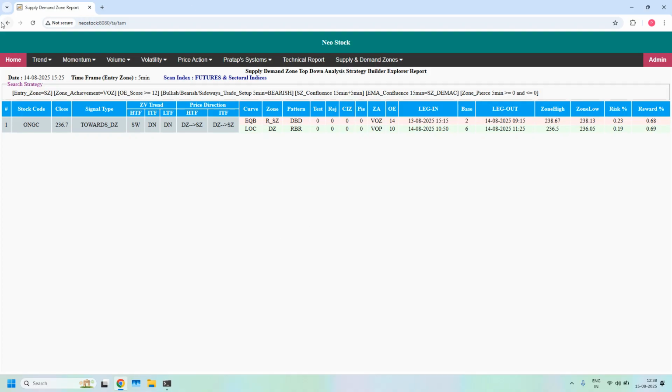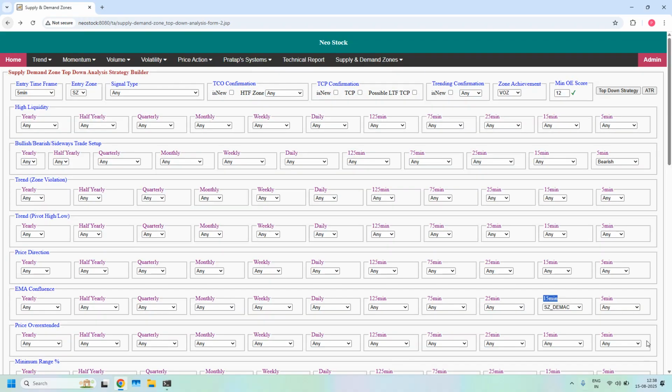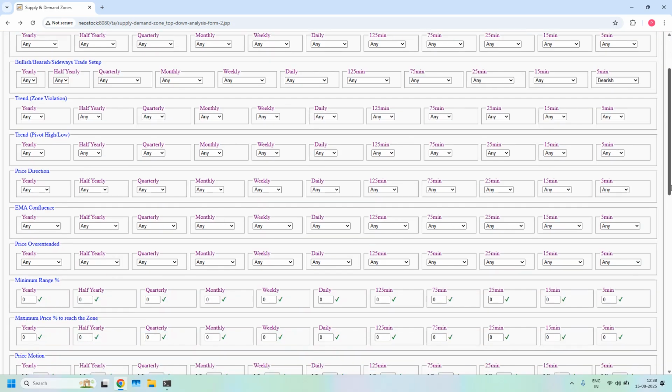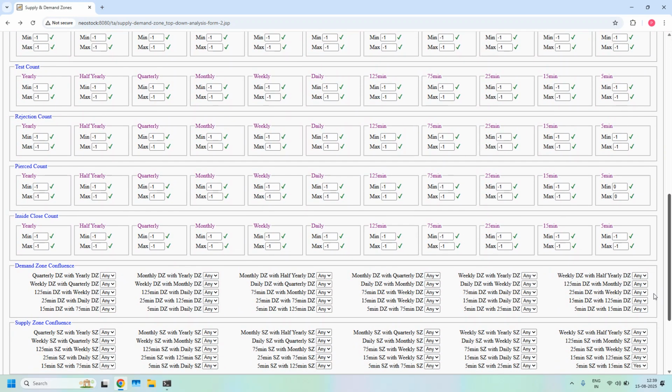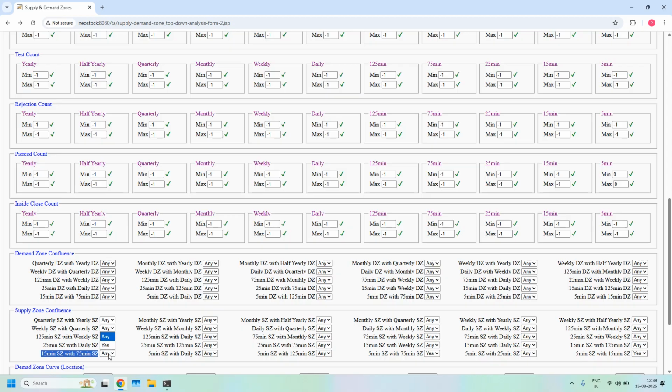Next, we will look into LTF, ITF and HTF supply zone confluence supported stocks, and then HTF EMA confluence. I am removing the EMA filter. In the supply zone confluence, 3 filters we have to set. First one is already enabled. Next, 5 minutes and 75 minutes supply zone confluence. 15 minutes and 75 minutes supply zone confluence. By enabling all the 3 filters,